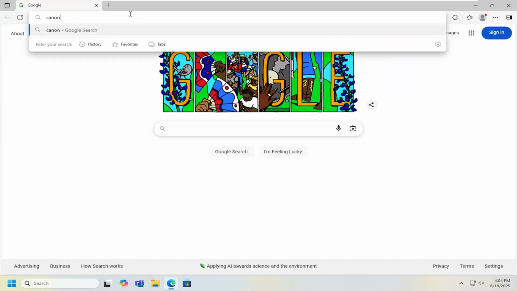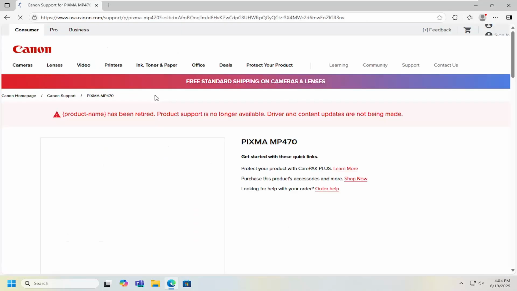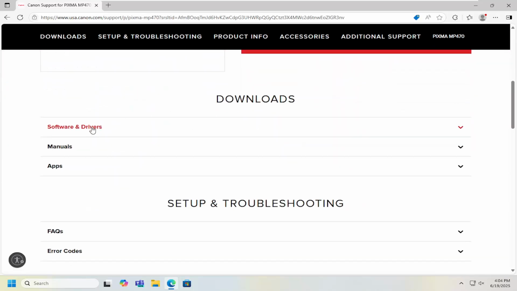So all you have to do is open up a web browser, and into Google, you want to search for Canon PIXMA MP470 support, and then you want to search for that. Best match will come back with Canon support for PIXMA MP470. Go ahead and open up that page here, and then just scroll down a little bit underneath software and drivers